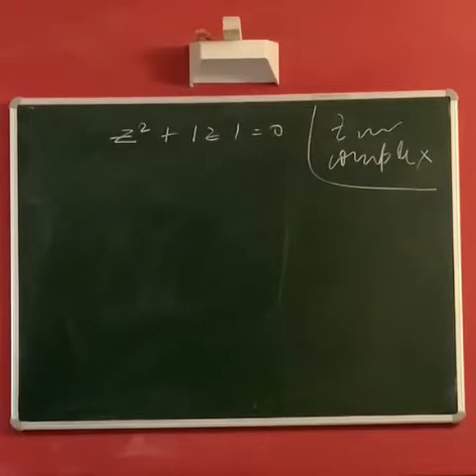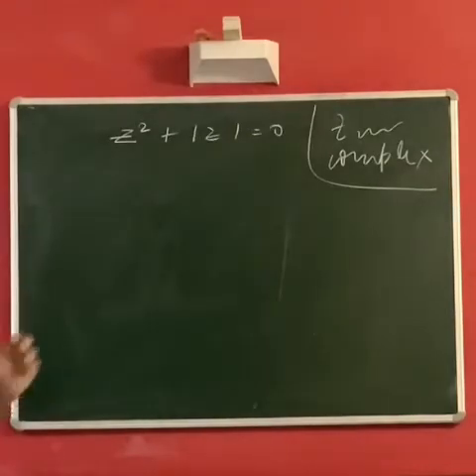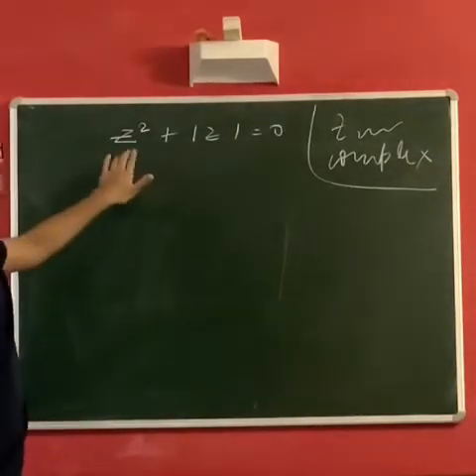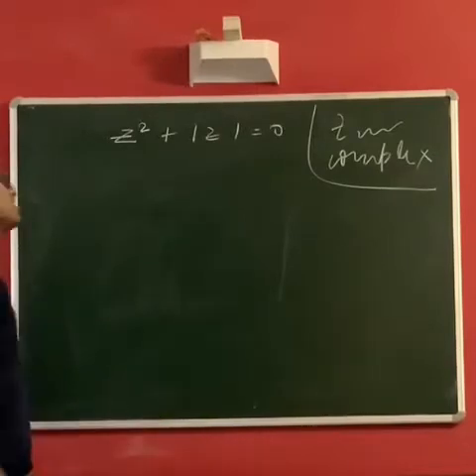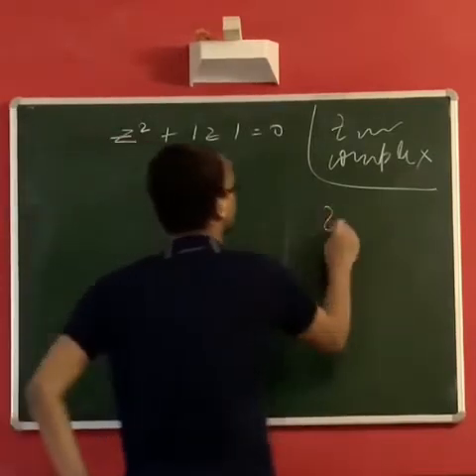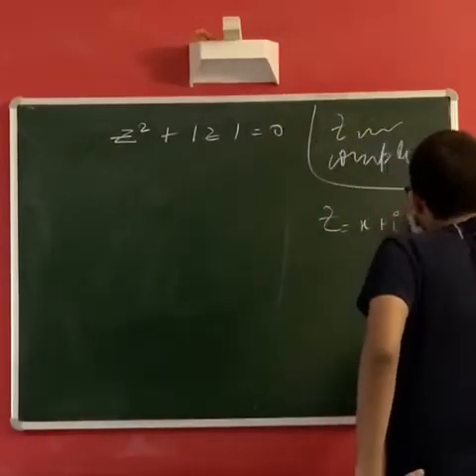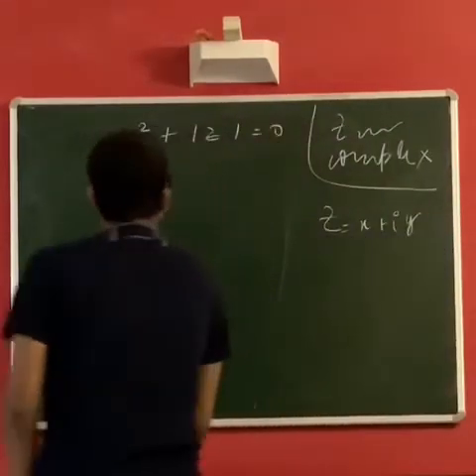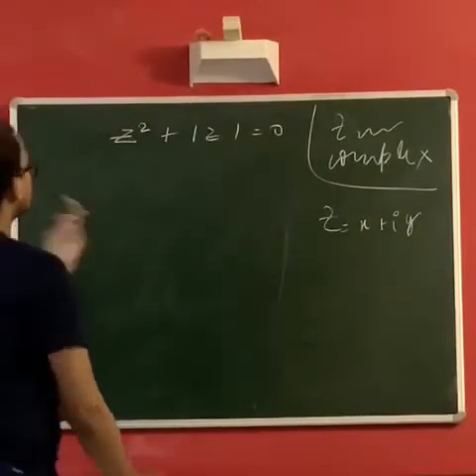Although I would recommend you to look at this one example solution first. As you solve more problems, you realize that for this kind of question, the best representation is the Cartesian representation. So let's just assume z is equal to x plus iy. Let's substitute this over here. If z is x plus iy, what is z square?